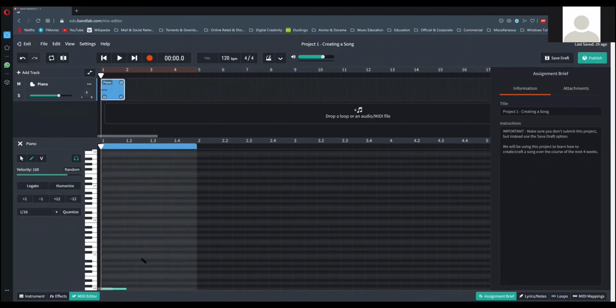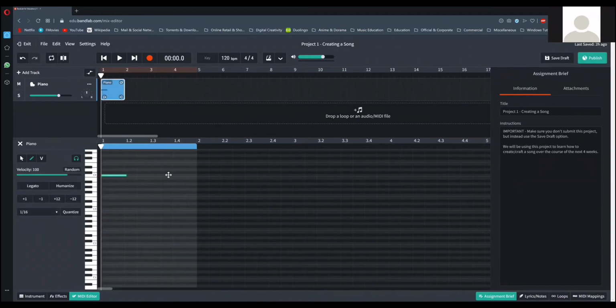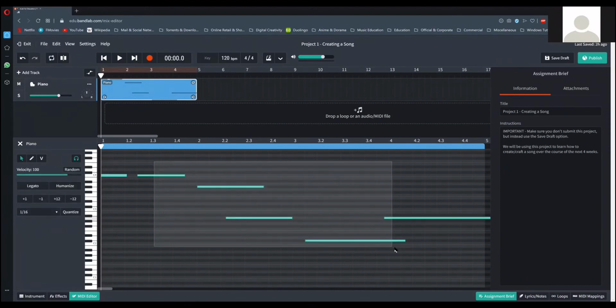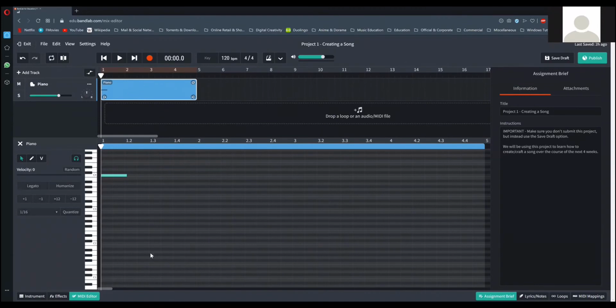So whatever I draw will turn up on my screen. Anything I want, it turns up as notes here. Right. So I don't want all of these. I'm going to use select note and delete all of these. We're going to take it one by one.